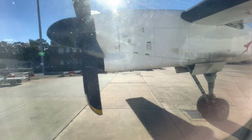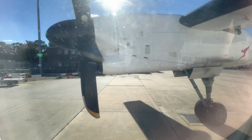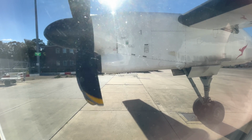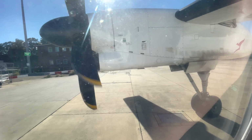Keeping you safe is important to us. Please help us to create a safe, respectful and positive environment for everyone on board by respecting each other and our crew. In preparation for takeoff, please observe the fasten seatbelt and